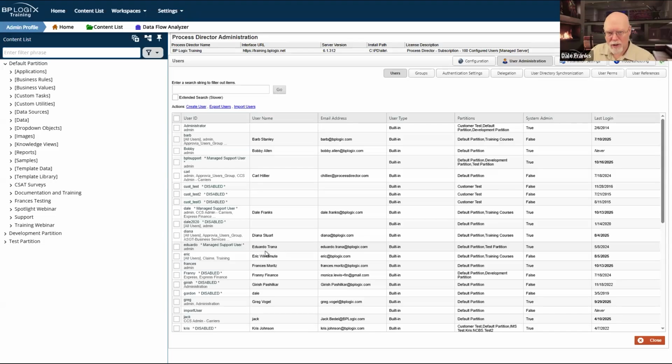On a production machine, you should never make any of your SAML or Windows SSO users system administrators. So if you're a system administrator and you normally access a production system not to do Process Director administrative things, but to fill out your leave request or whatever it may be, filling out a form and submitting it, you don't want to do that as an administrator. So you do not want to make your SAML or Windows SSO user account a system administrator.